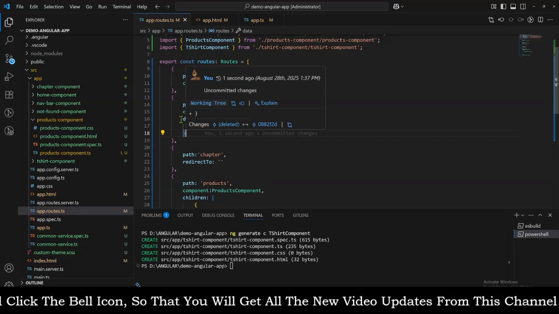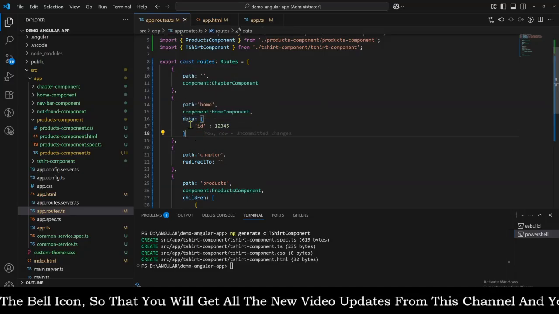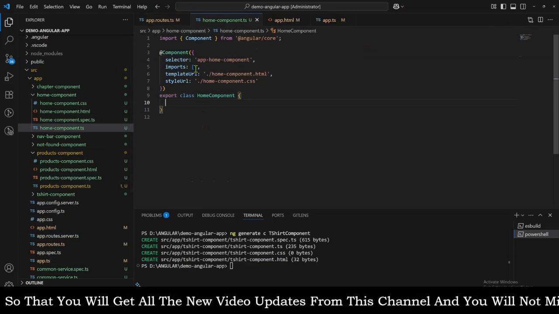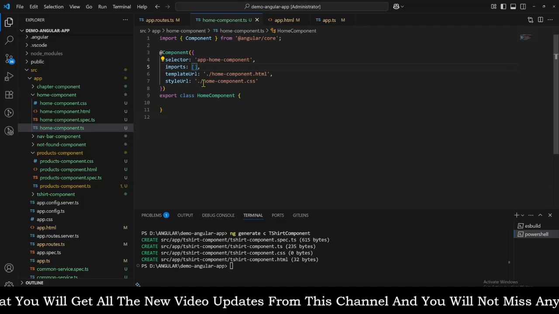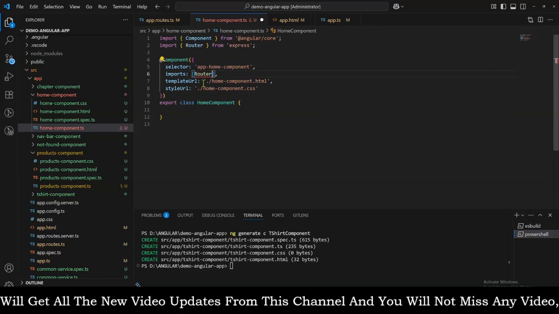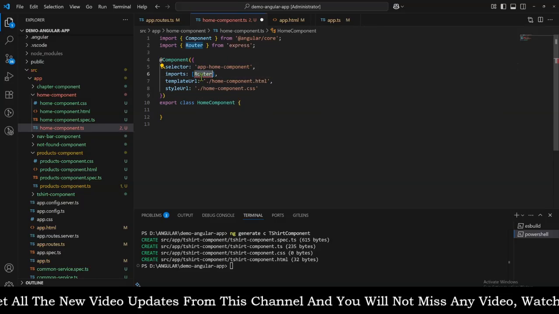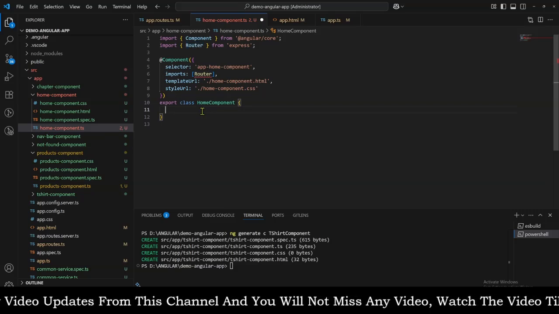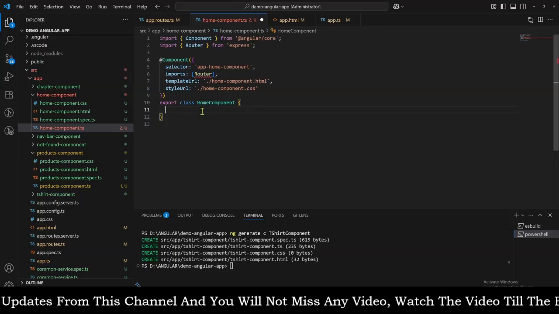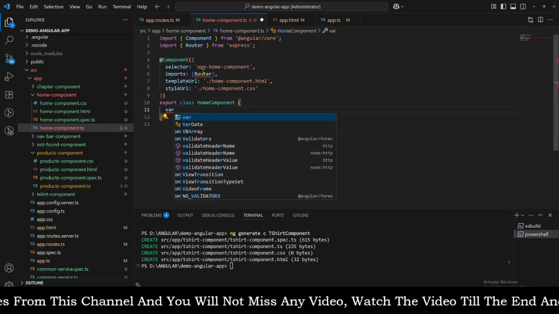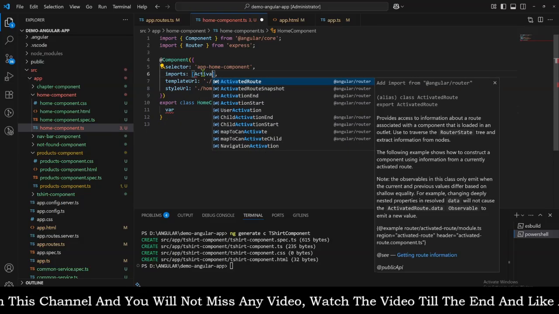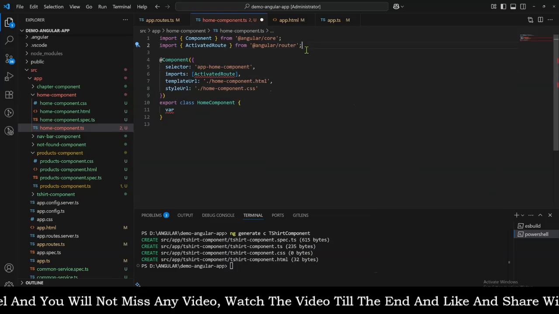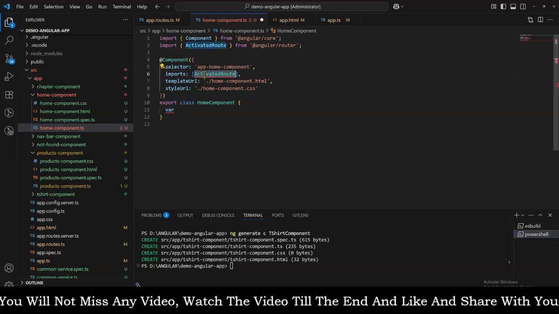And now how can we read this? To read this, we need to go to the home component, and over here we need to import the Angular router. First we need to import it, then we need to inject it. So let's create a variable called, not router, activated route, I think. Instead of router, let's import the activated route, add it to the imports array,